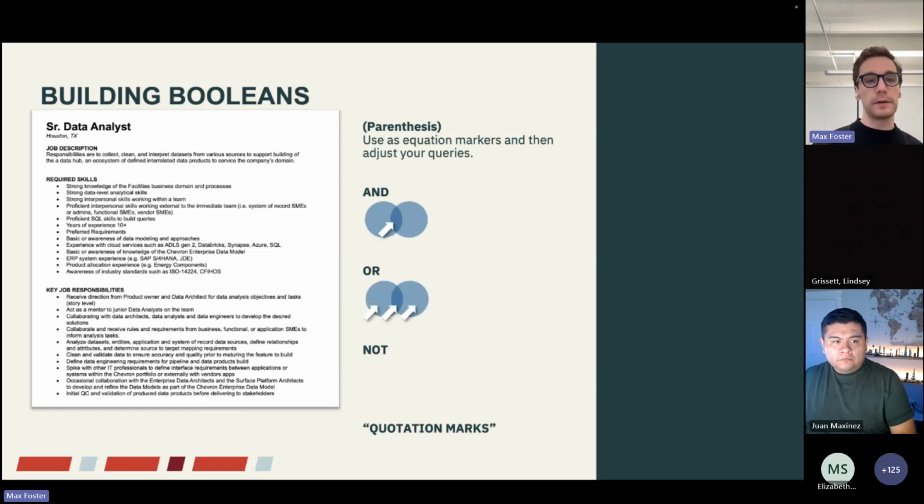The or function is going to be your best friend. The or function means you got this one or you got this one. You can have both, you can have just one, but you have to have at least one. It's really powerful, especially for some of these data analytics roles where there are certain database frameworks or methodologies or programs, and there's often multiple ways to write the same skill. So everybody, we're going to use the or function a lot today.